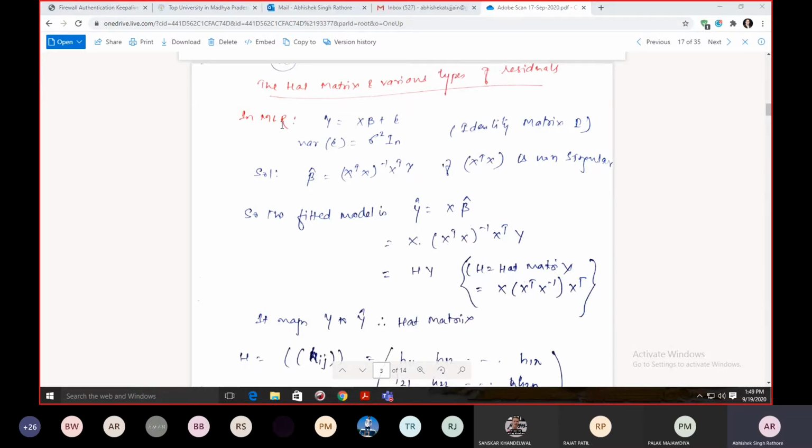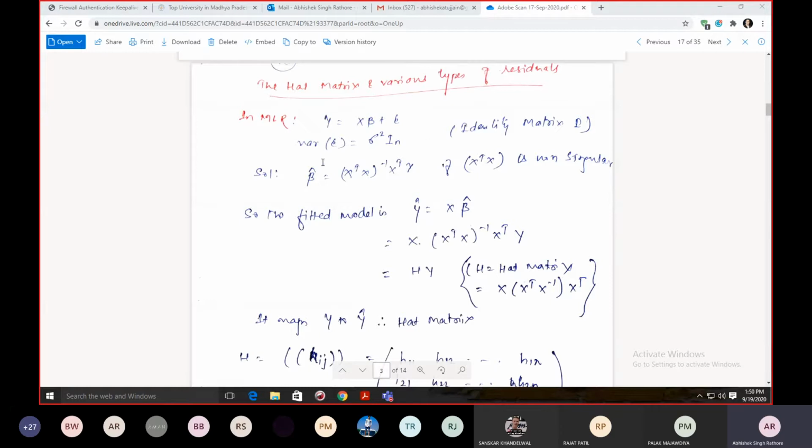So in your multiple linear regression, your function is y equals X beta plus some error, and the variance of this error is sigma square. So this is my constant error. In addition to that, I added an identity matrix over here. So this is my identity matrix I_n. This contains lots of zeros, and the diagonal elements contain 1.